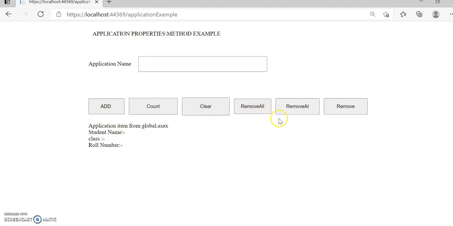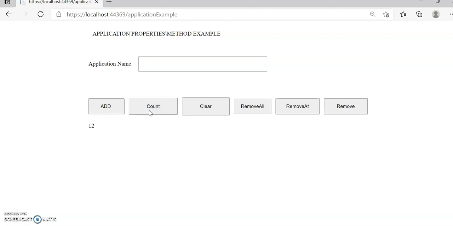Now again say RemoveAt. Here RemoveAt removes from index number 1, so it will be removed from index number 1. Now say Remove. Again for Remove, the class item will get removed. Now suppose we go to the count. So 9 is the count. Actually I have run it several times, so the application count gets incremented and adds to the original values. So again it will be 12.